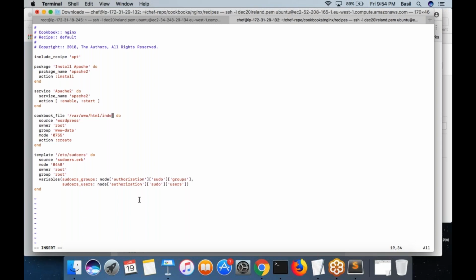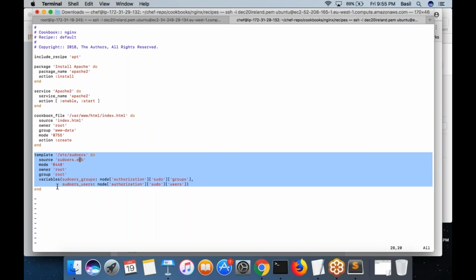Cookbook file. So instead of WordPress, I am simply copying the index.html file. That's it. Okay, fine. So yeah, so my template.